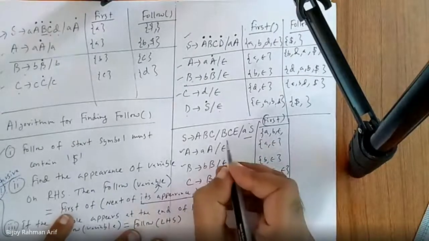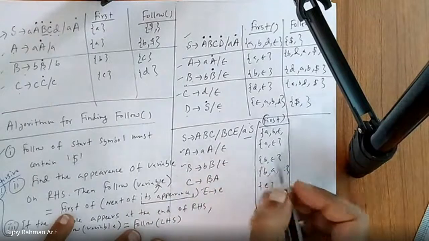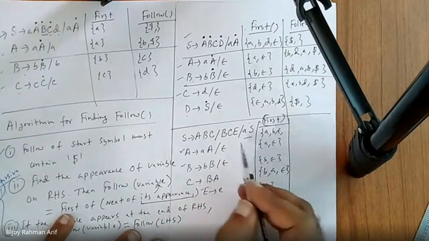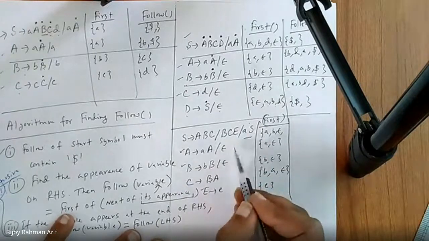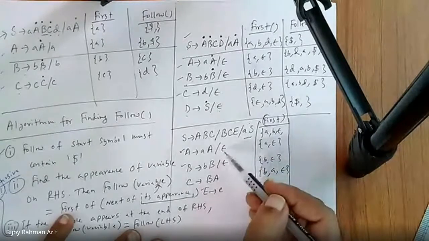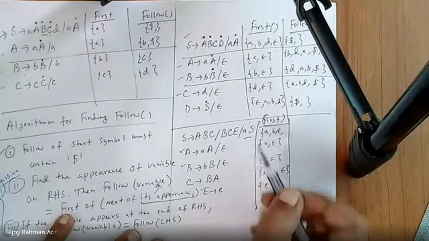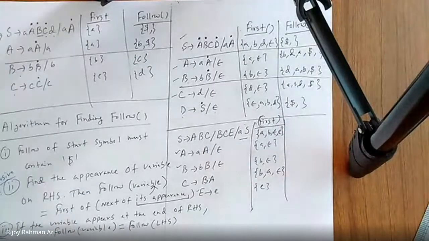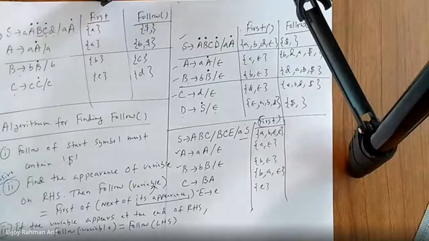Okay. Now get to here. First of B. First of B is nothing but B. Done. C, then epsilon is crossed out. C is nothing but A, B, done, epsilon. Okay, C is crossed out. Then E. So E. Done? Got it? Yes, sir. Okay, now let's go to follow.